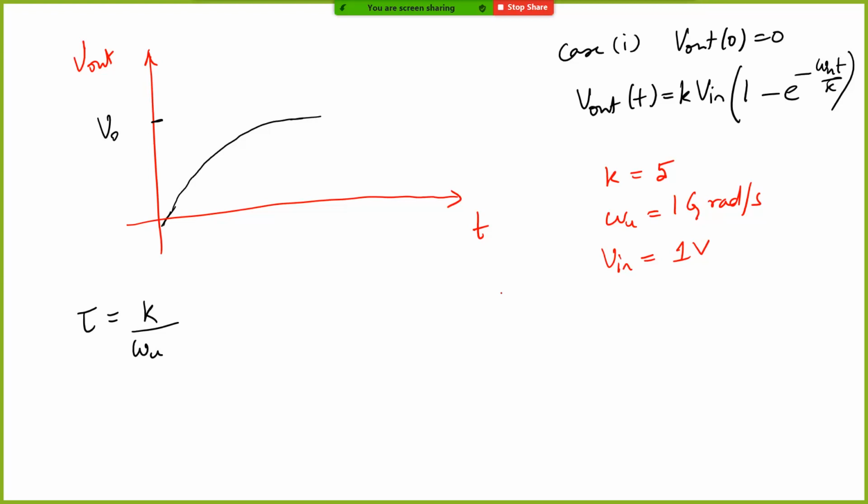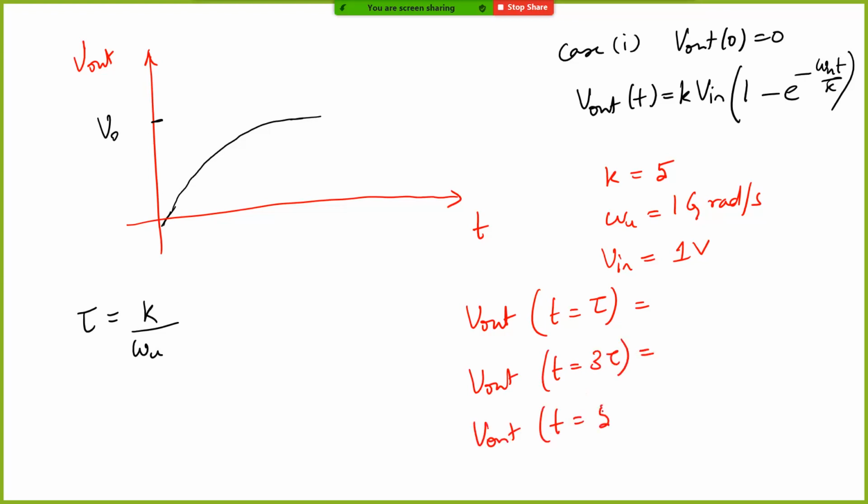Can you find out and tell me what will be V out at t equal to tau? Can you just quickly calculate? And what is V out at t equal to 3 tau, and what is V out at t equal to 5 tau? You can use your calculator, or some calculator app on your mobile. So k times V in is 5 volt. So 5 into 1 minus e to the power of